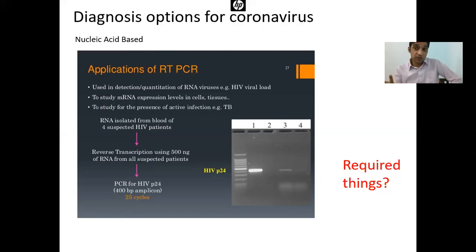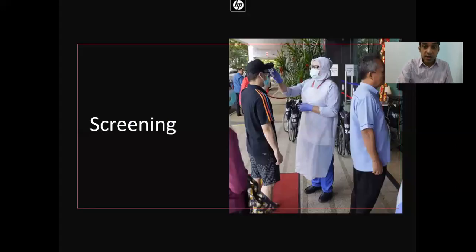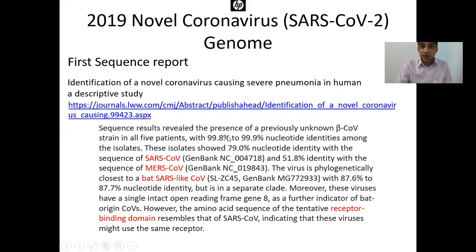So what are the things required to execute this experiment? As a medical biotechnology student, you need to think about whether you can create that kit or not, or what the things are that you need to know. The first thing you need to know is the sequence of the RNA in coronavirus. That's all, the sequence. So do we have the sequence? The answer is yes. Who gave this sequence to us? I shared the paper with you. The Chinese originally shared that sequence with us.